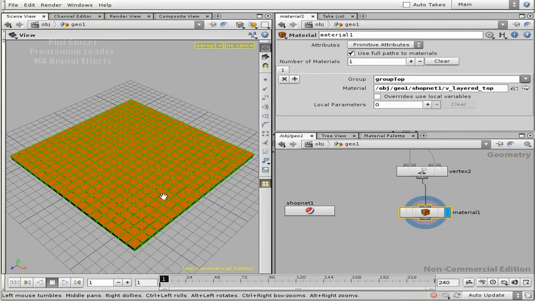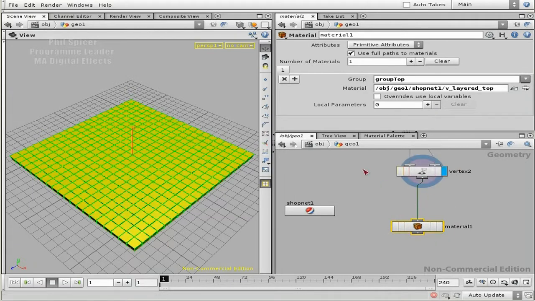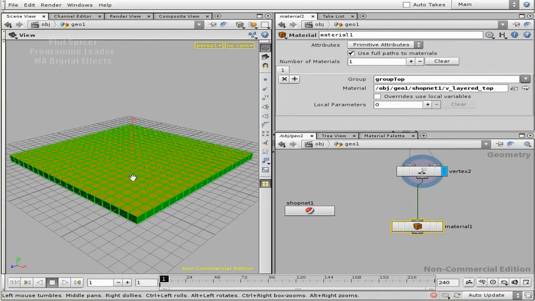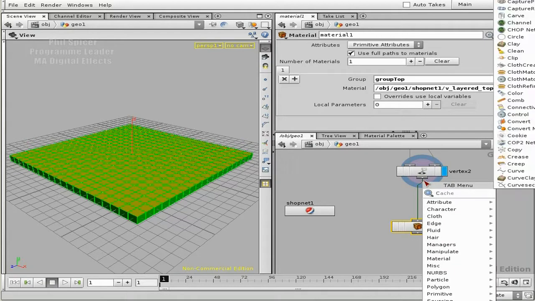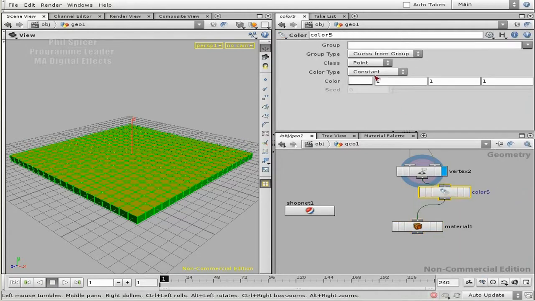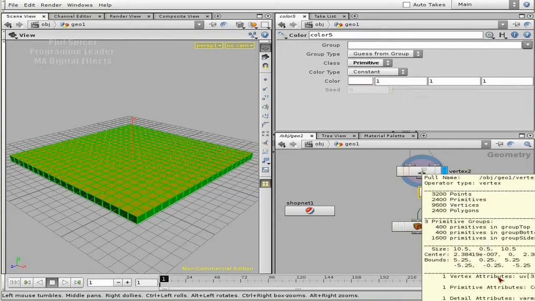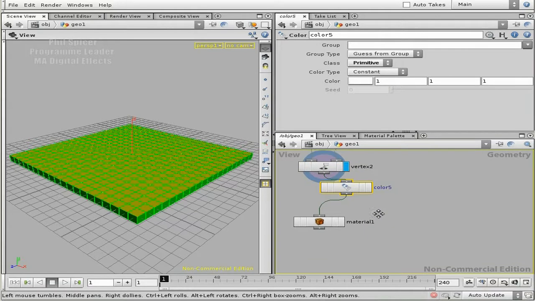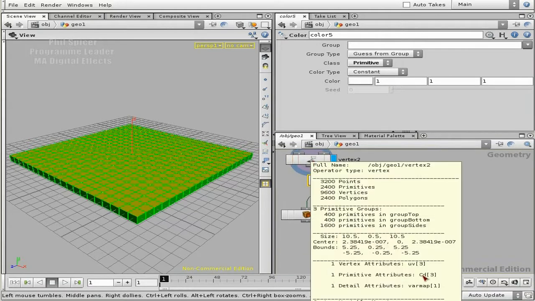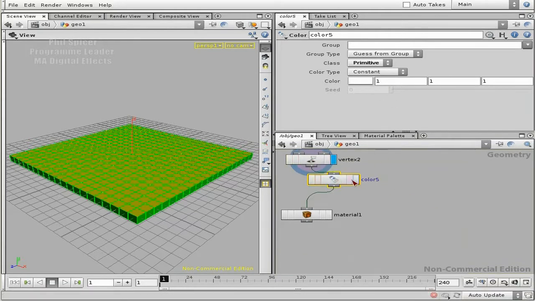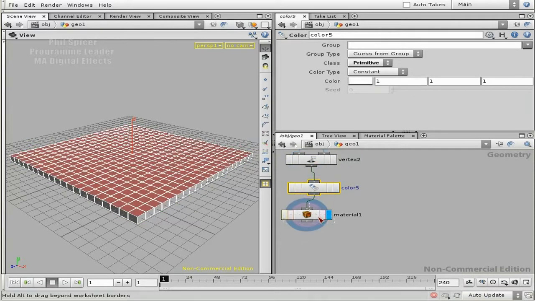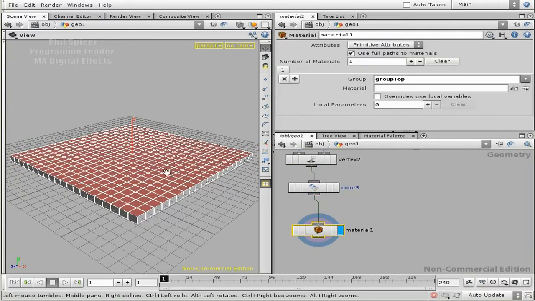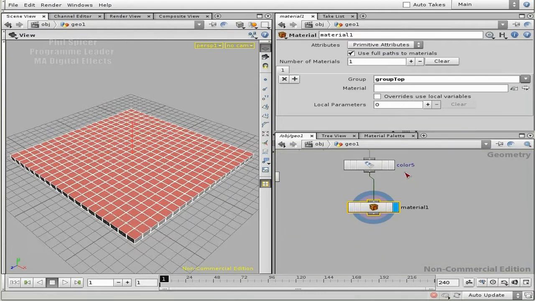Now there's a little problem going on as well, which means that at the moment the colors that are coming in from my geometry are multiplying. So what I'm going to do is just add a color in between, yeah? And I'm going to make it a primitive color, because the previous color over there is a primitive attribute, so make sure that diffuse color is white as well. So now everything is white, and this will be the first texture that is going to be applied,